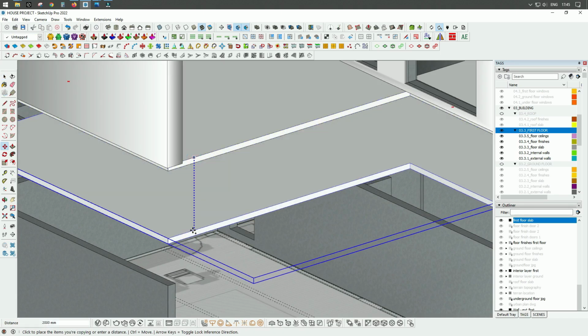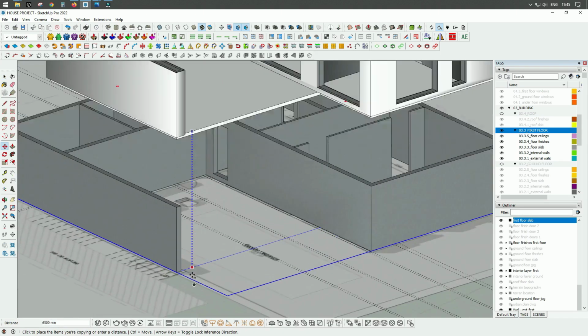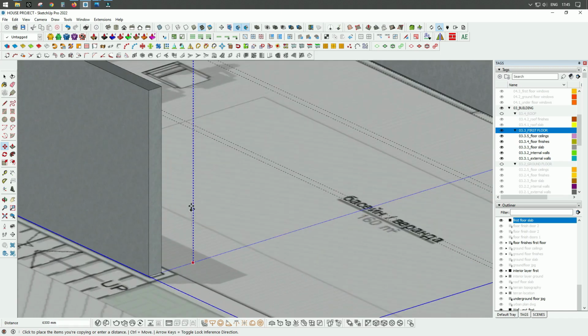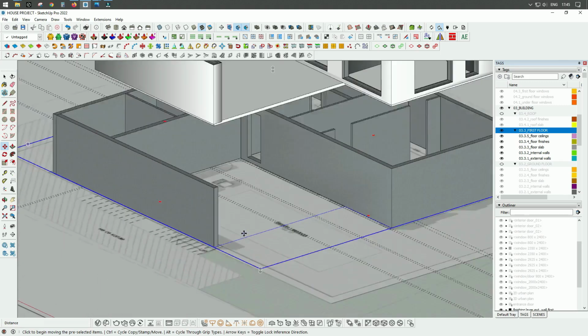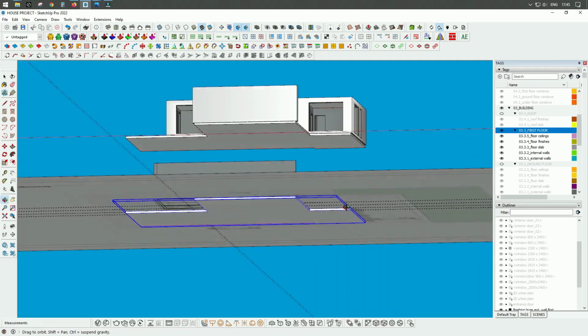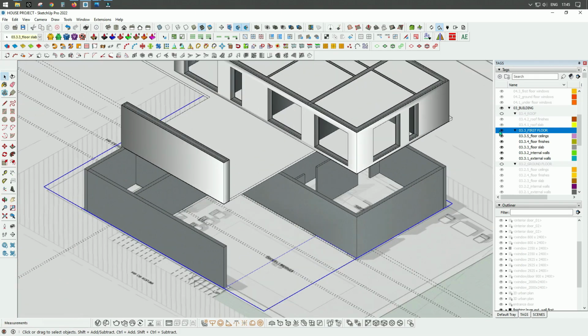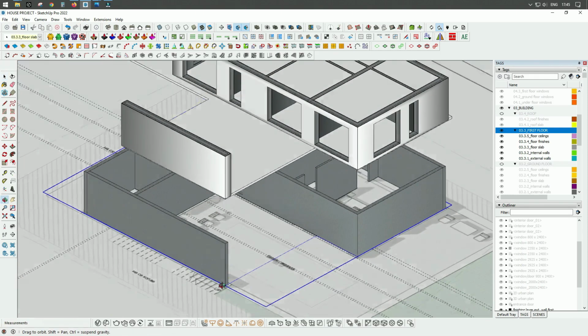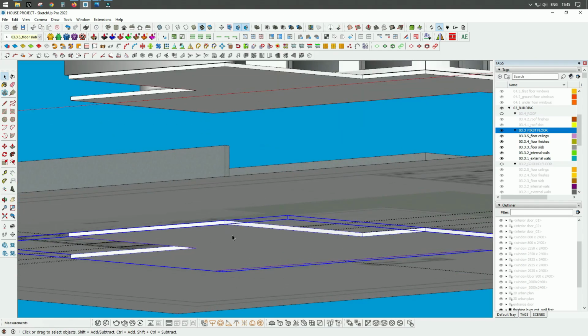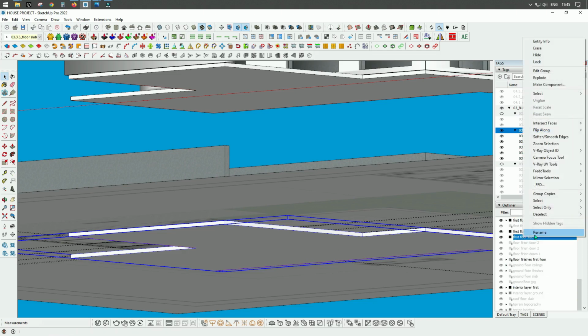I can copy this slab to our underground floor. And of course we have to adjust it a little bit, but before doing that I would like to rename this slab in our outliner list